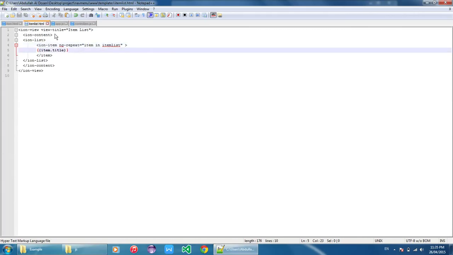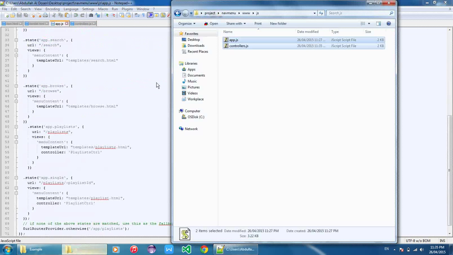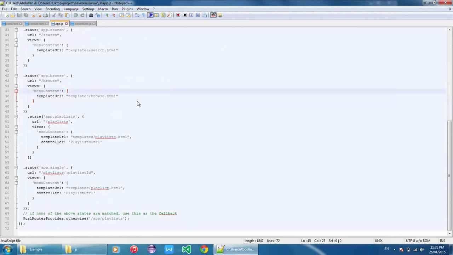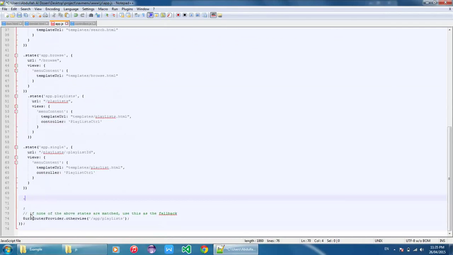Okay. I want to try this, but at the beginning I have to link the controller and the view. So I will go to app.js that I already opened. You can find app.js in the JS folder. You can find it there. So go to the bottom, where you will have this semicolon under the last state. Just make new lines,